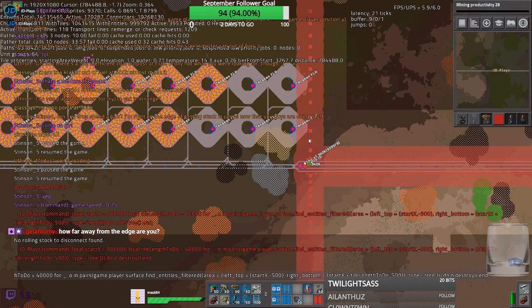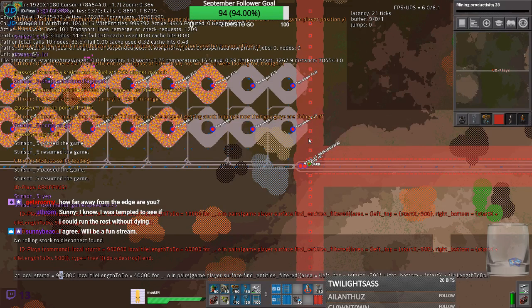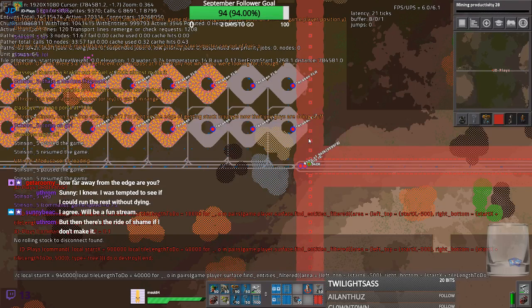How far away from the edge are you? 2,000 tiles. We're going to go from 940 to...